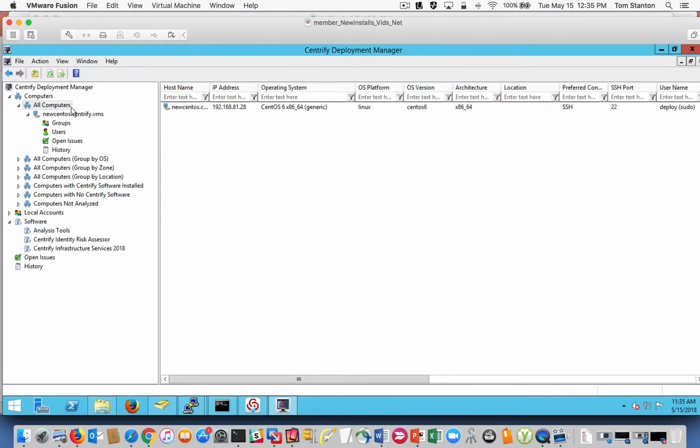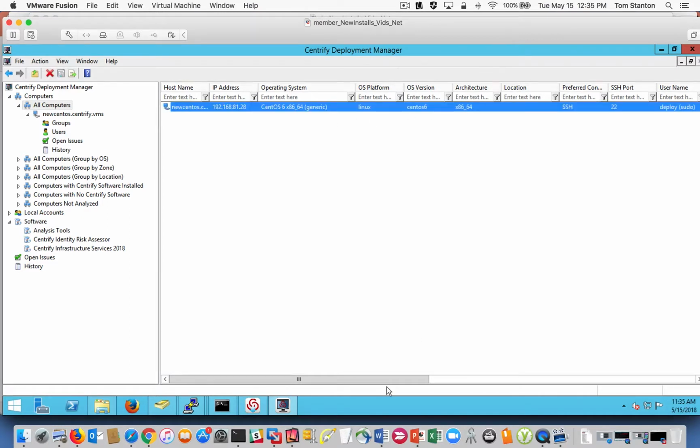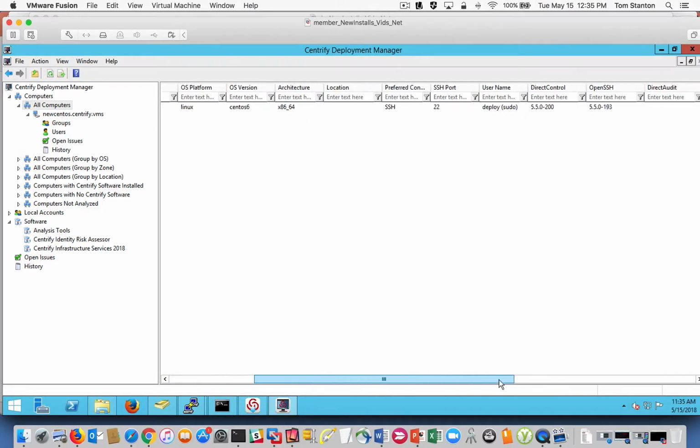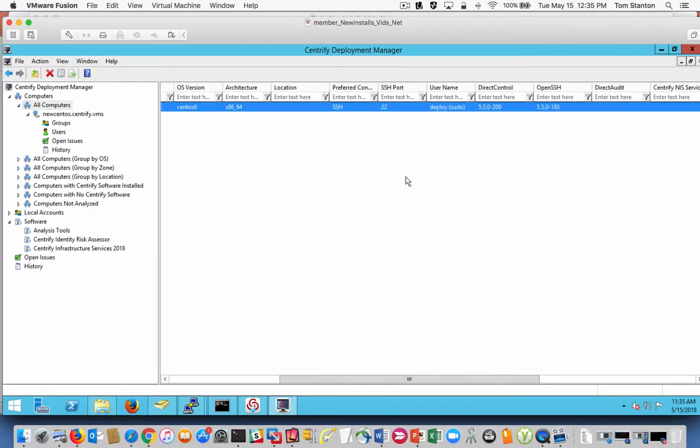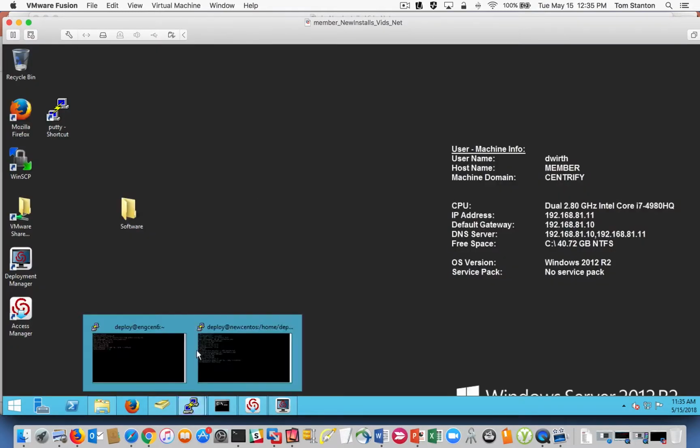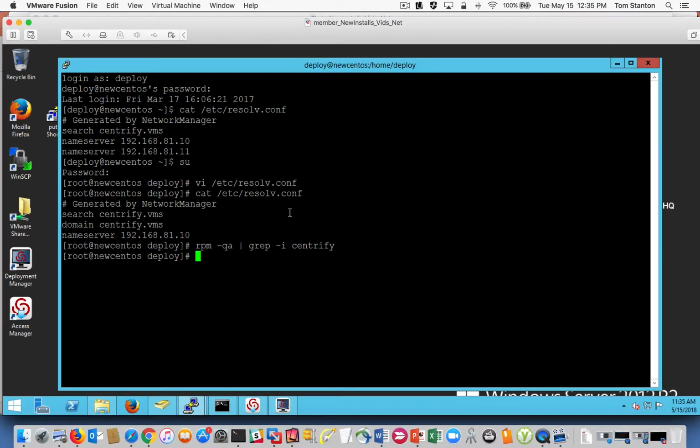So I'm all good. If I go back to all computers, you'll see some information now. If you scroll over, we know what version of Direct Control was installed. So if I actually go back to New CentOS,